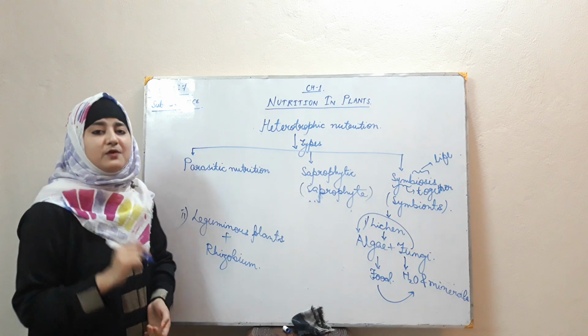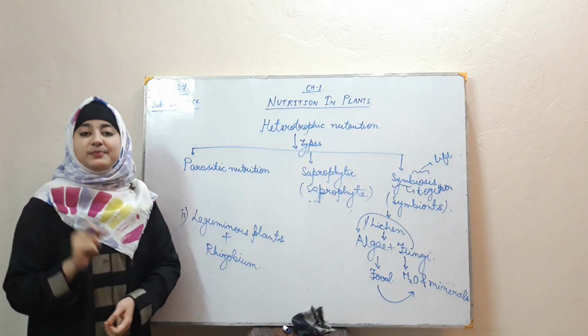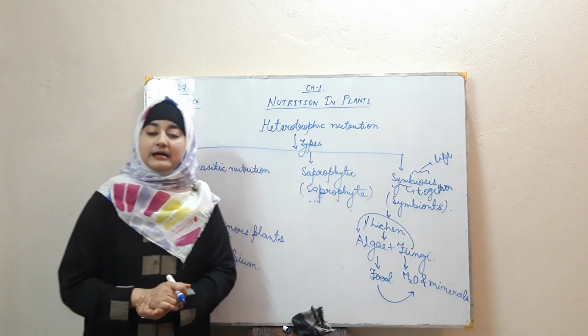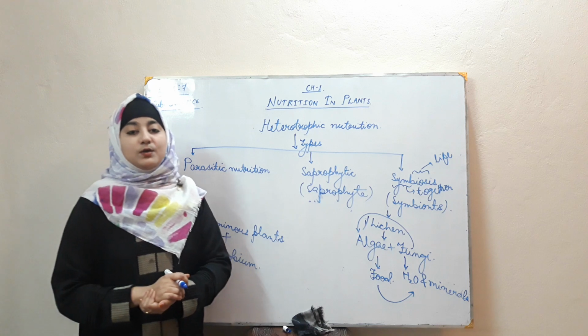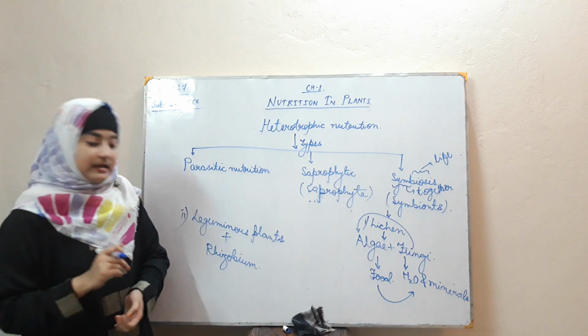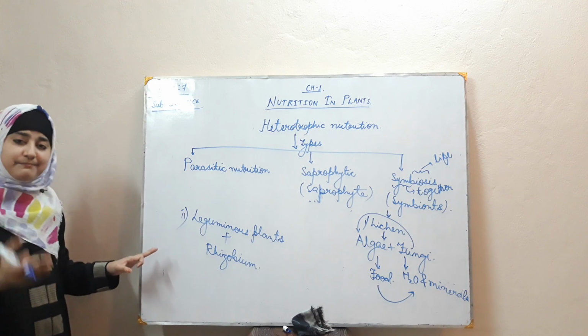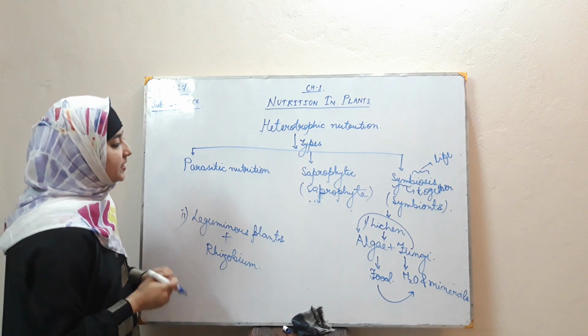Okay, so what is the role of nitrogen? See, nitrogen plays a very significant role in the synthesis of protein and also in the synthesis of chlorophyll. That is why it is very important. Okay, so these are the examples of symbiotic association. Okay, now